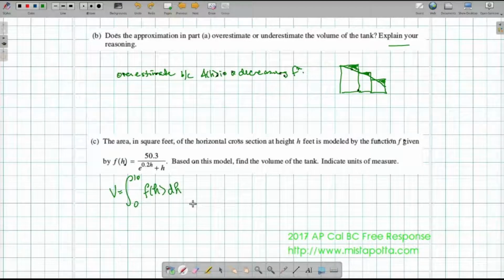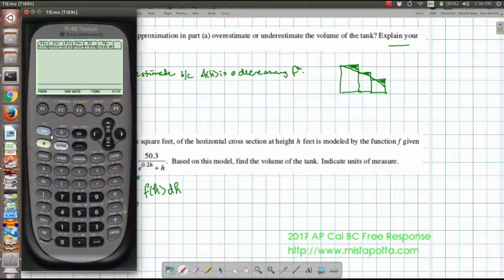with respect to h. So we're going to go to our calculator real quick. We're going to integrate 50.3 divided by our denominator of e to the 0.2 times h plus h, and I'm going to integrate that with respect to h from 0 to 10. And so when we do that, we get